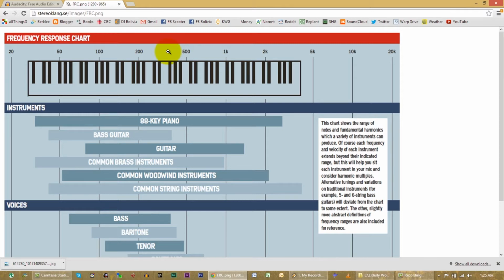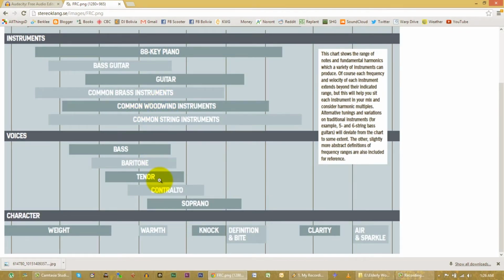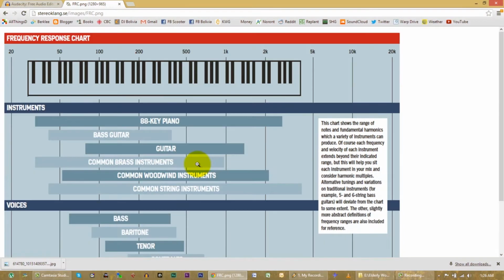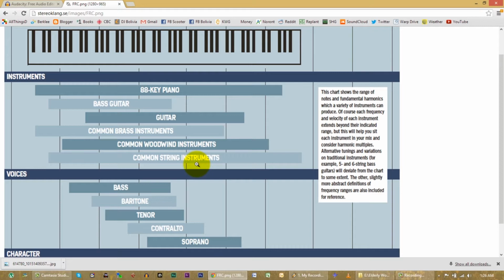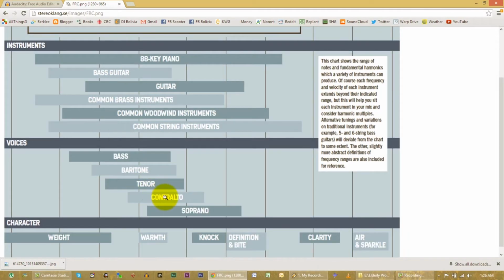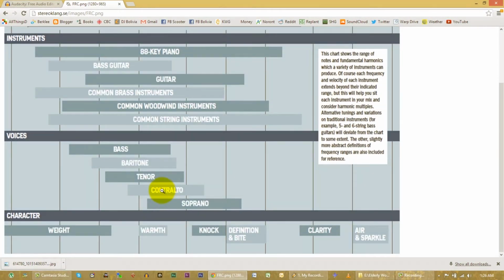For a singer, their notes are usually higher than the guitar notes. Not always. If you've got a male singer with a low vocal range, say a baritone or a bass, then their notes might overlap most of the low notes you're playing with guitar chords. But if you get someone with a higher vocal range, like an alto, that's called contralto for a female usually, and if it's a male in the alto range, it's usually called a countertenor.